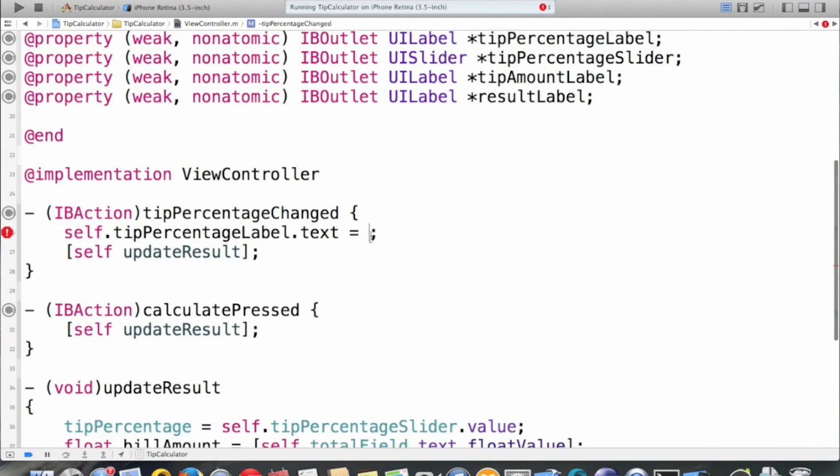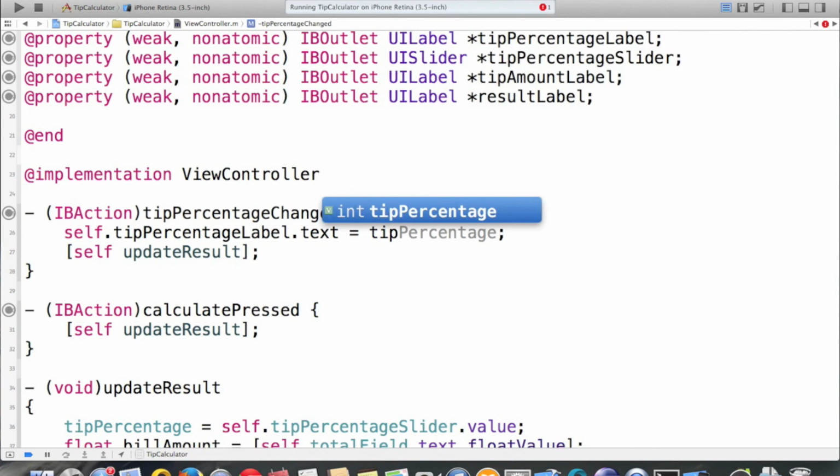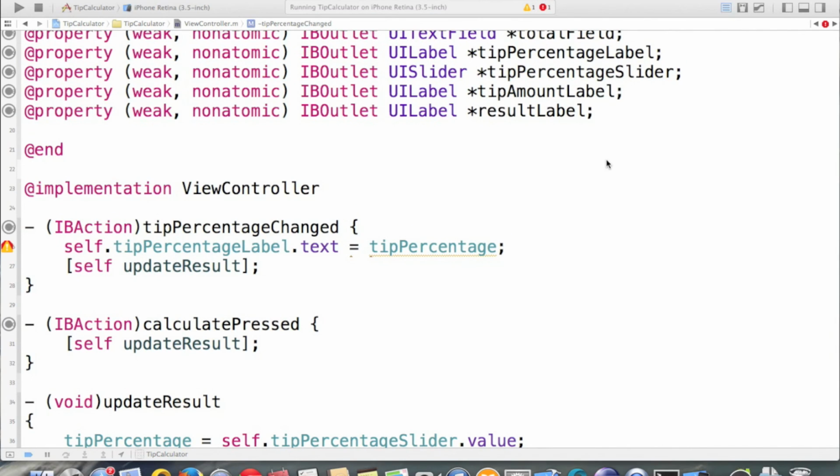Now we can access it here and say tipPercentage. But it will not work because this is a float and this is text. This is a string. So in order to fix this, you just have to use our handy method,